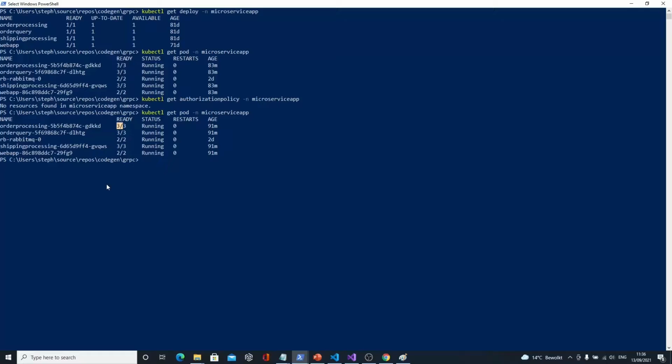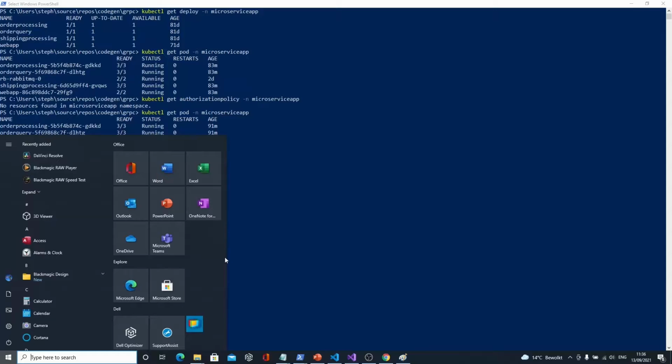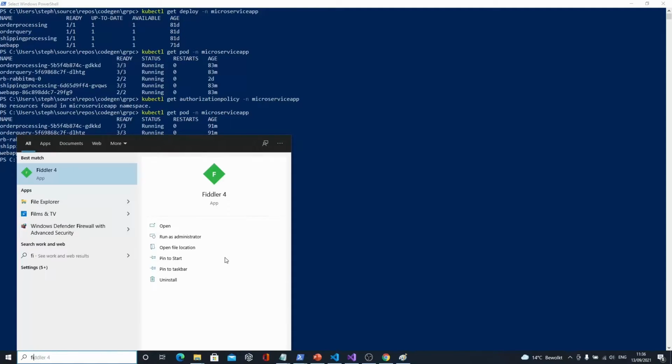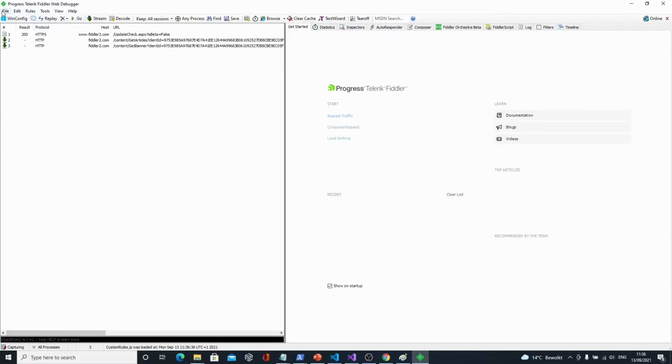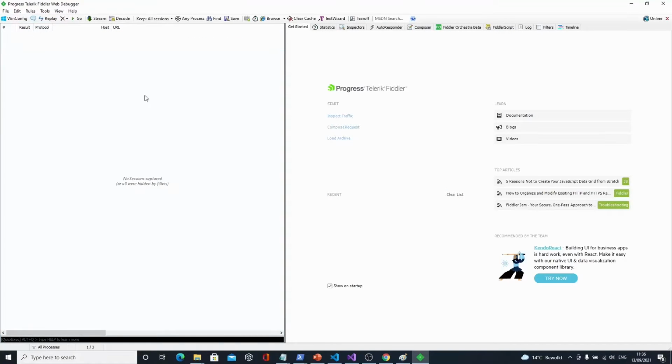So let's see this in action. I have also exposed one of the services outside of the mesh, so I can call it; for demo purposes it's easier. I will start Fiddler, and I will make an HTTP request to queue an order.